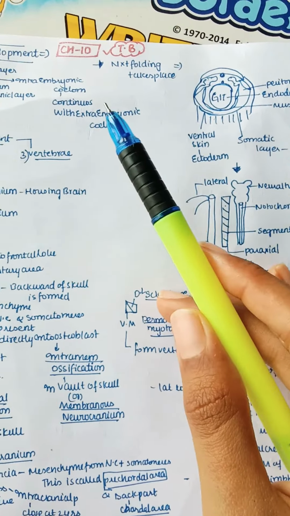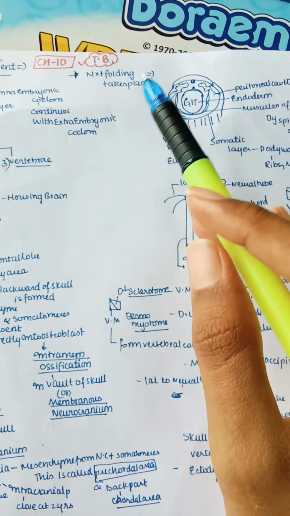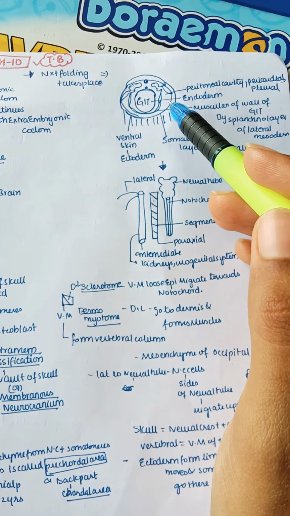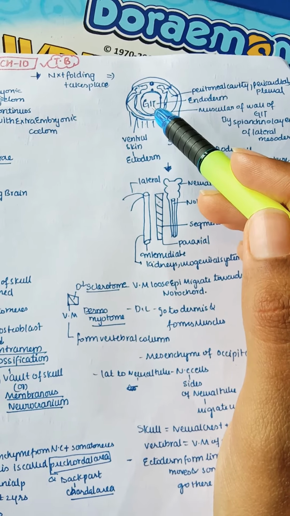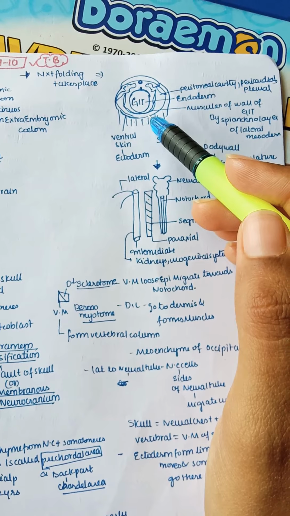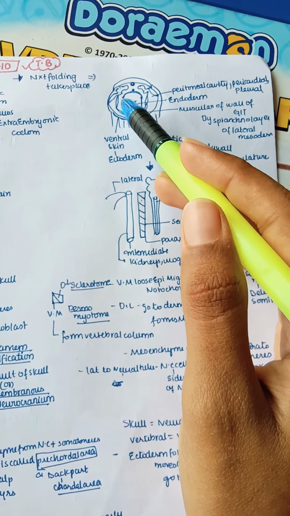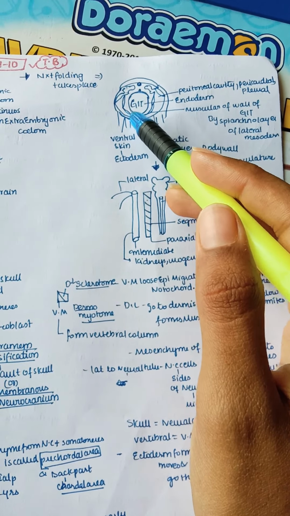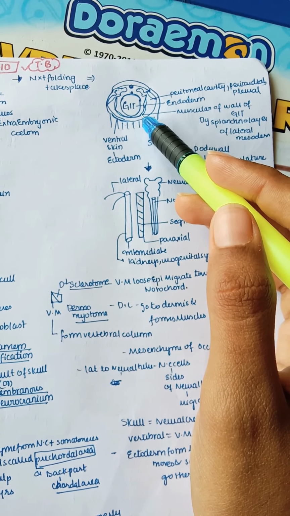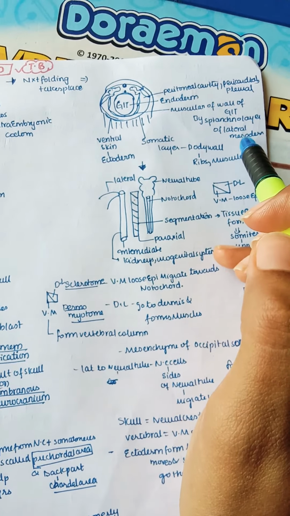Now the next process is folding. After folding takes place, this is how it appears. You can see here the peritoneal cavity or pericardial cavity is formed. This is the endoderm. Endoderm forms the GIT, and there is a muscular layer of the wall of the GIT, which is mainly made by our, you can see this is a lateral somatic layer, right? Somatic mesoderm, intraembryonic somatic